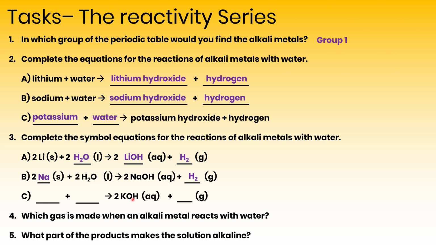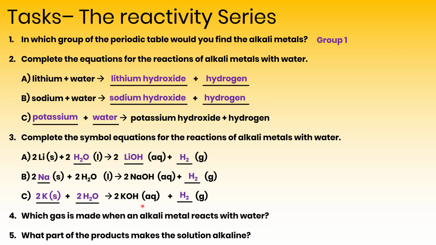This is KOH, so potassium hydroxide. So we're going to need to react potassium with water. We're going to need to add state symbols here and make sure we balance. So, following the trend, 2 potassium, both solid, reacting with 2 H2O, which is a liquid, forms potassium hydroxide plus